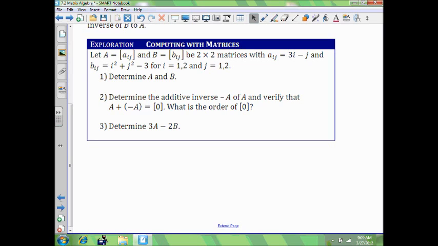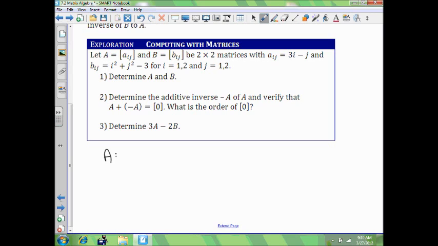Let's get into this exploration here, computing with matrices. Now, let's talk about matrix A and matrix B. They're going to be 2 by 2 matrices with Aij equal to 3i minus j, and matrix B be i squared plus j squared minus 3, for i equal to 1, 2, and j equal to 1 and 2. So matrix A